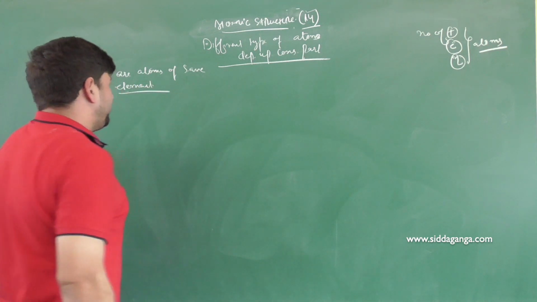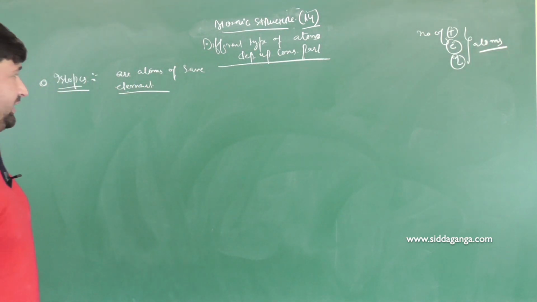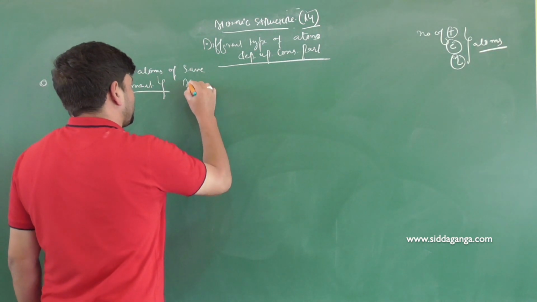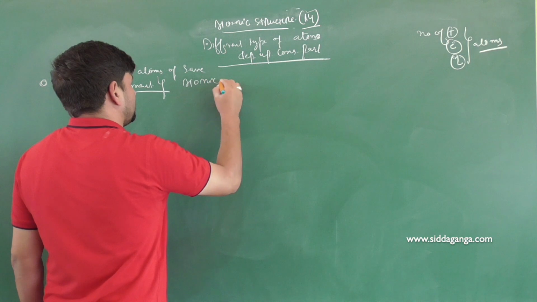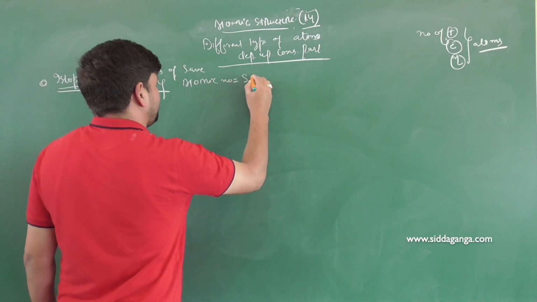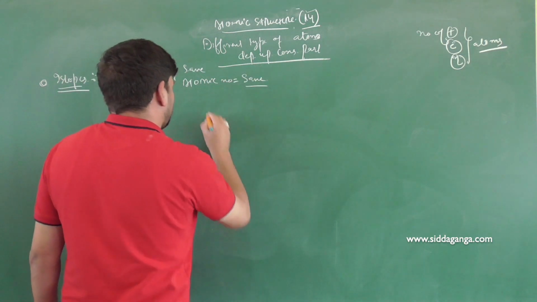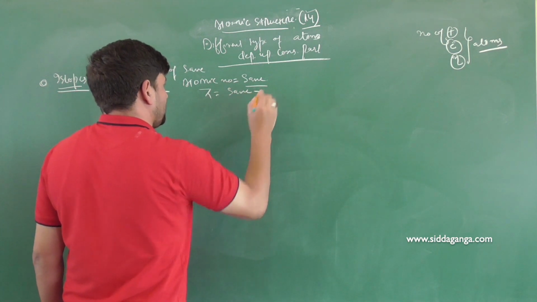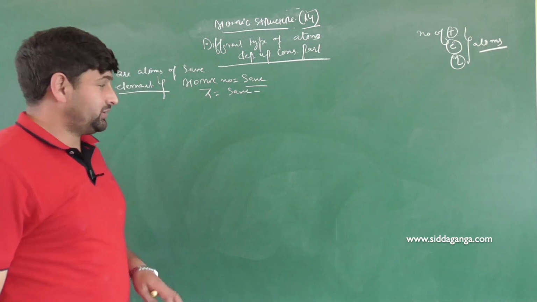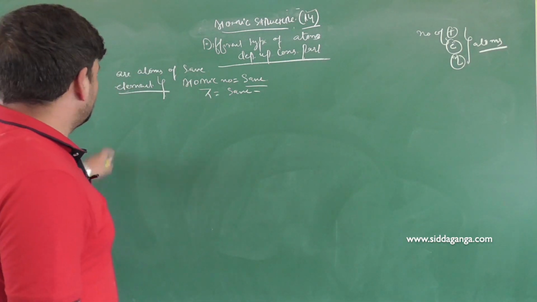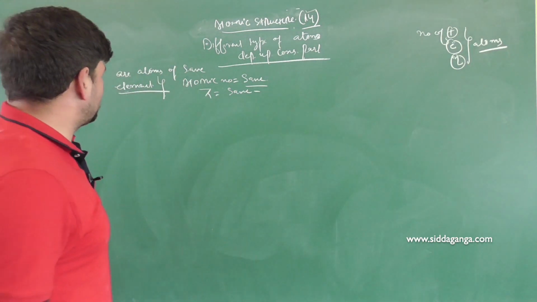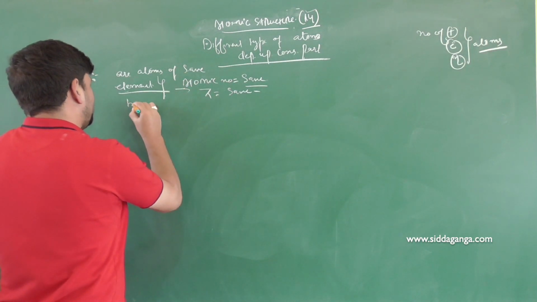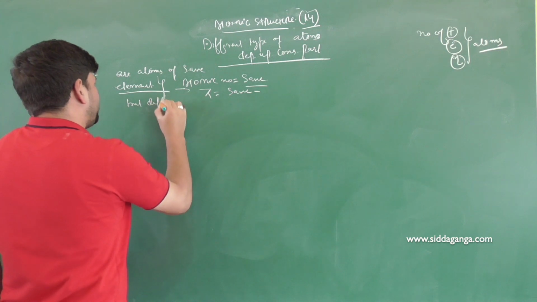When I say these are the atoms of the same element, it means atomic number will be the same. Atomic number is represented by Z, it will be the same, because these are the atoms of the same element. So these isotopes are the atoms of the same element with the same atomic number but different